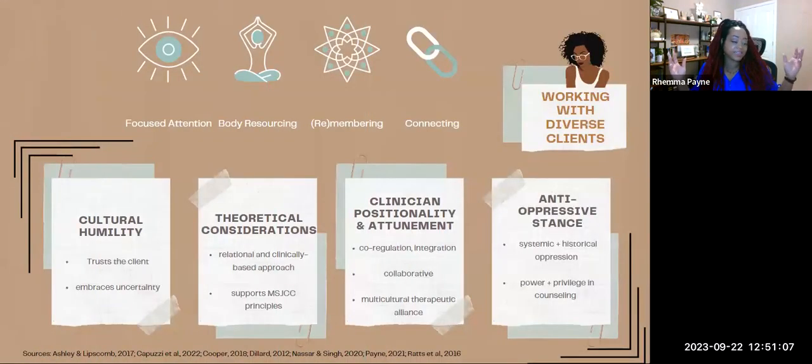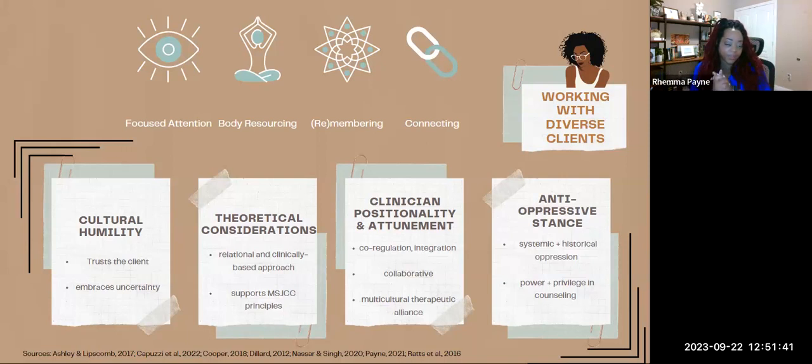So this is a slide that has a lot, but on the top is really how I started to summarize what I was taking from that framework we started with, relational cultural, and how I was putting that into looking at my work with clients through a cultural standpoint, through an anti-oppressive stance, through my own positionality, all these things we talked about. And so really I just put some things towards the bottom, but if we look at